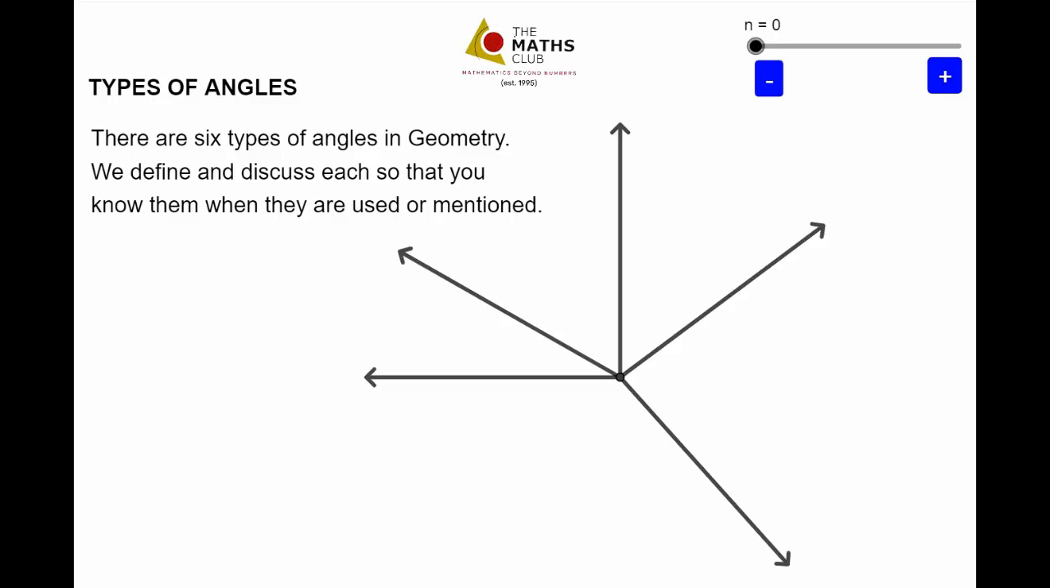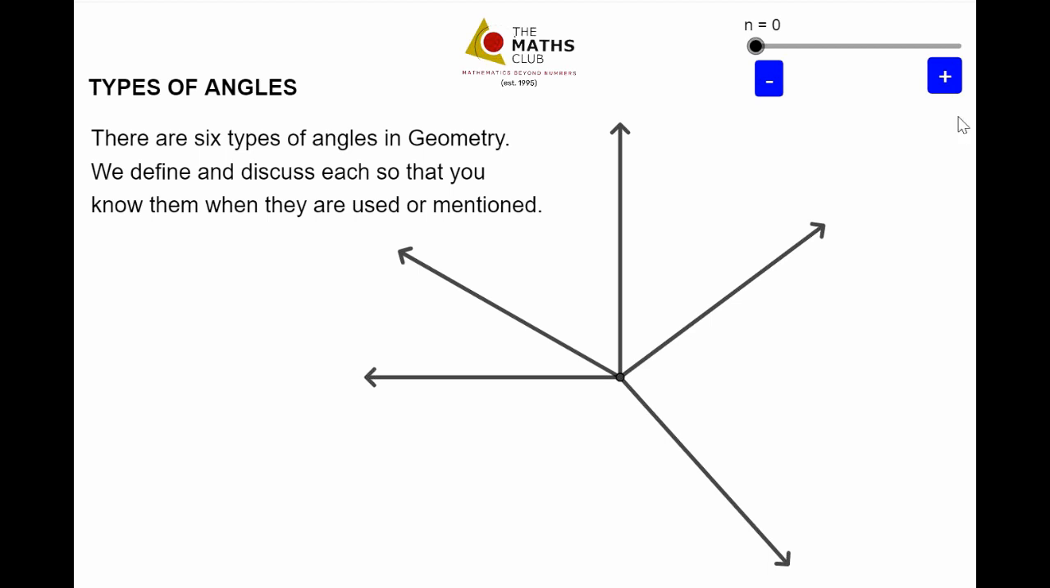Hi guys, today I want us to talk about the different types of angles in geometry. There are six types of different angles that you need to know, and we want to define them and discuss them so that if they are used anywhere in mathematics, you know what is being referred to and you can